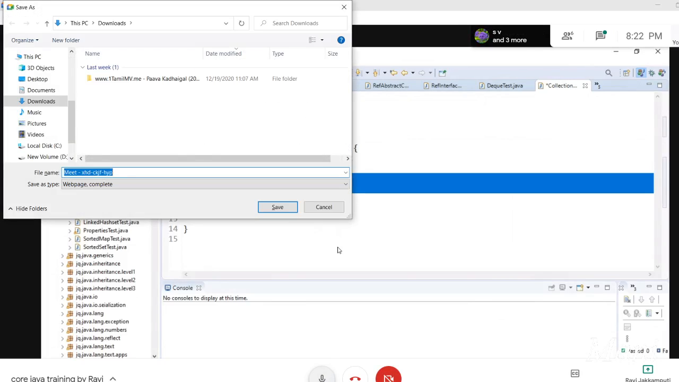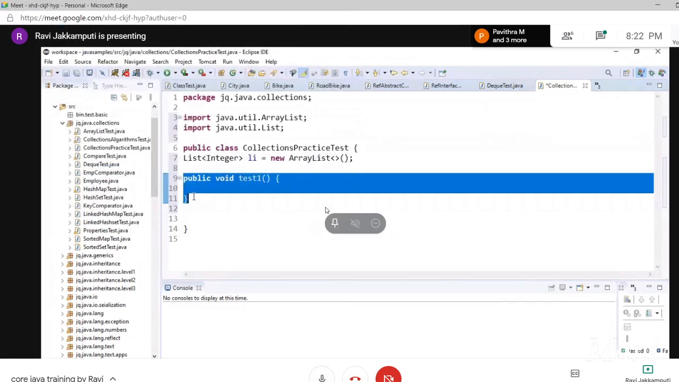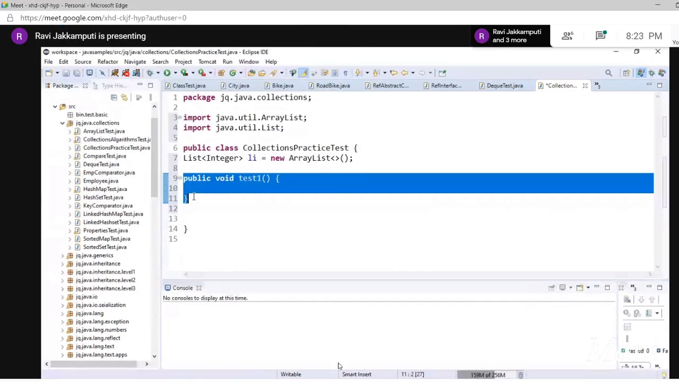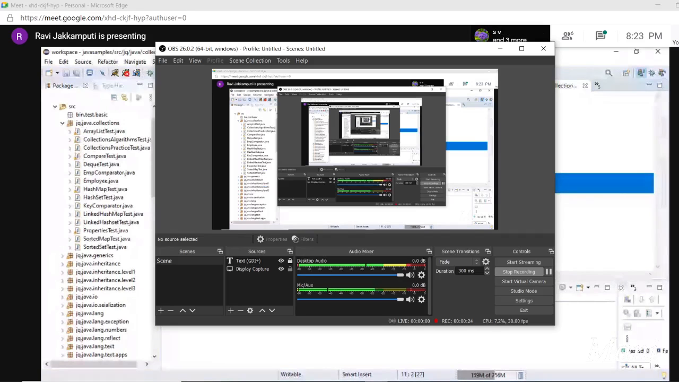In the class, but outside the method. So outside the method, basically when you declare a field like this,